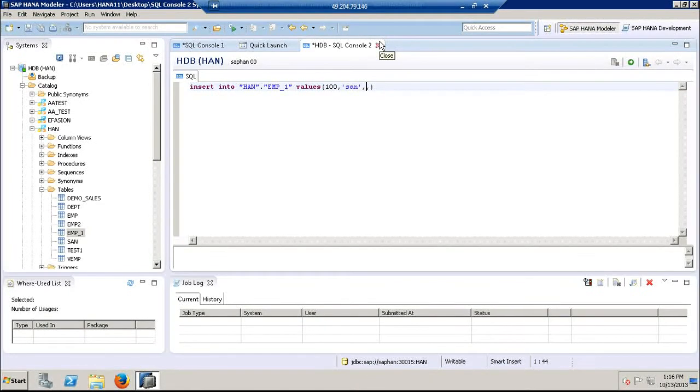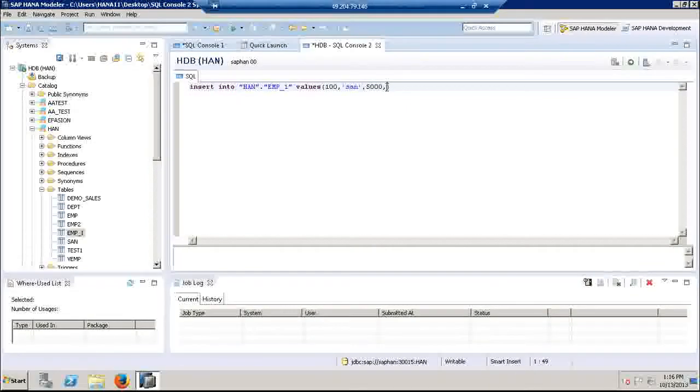Let me give 5,000 salary value. Last column is the department number on which the employee works. So let us assume this employee 100 works for the department number 1. Okay. Now you can directly